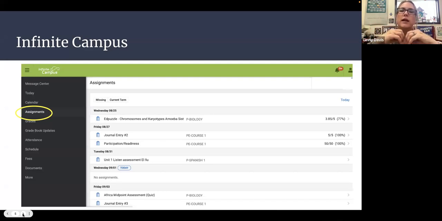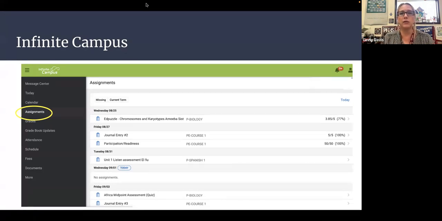According to the teacher contract, teachers need to use an online grade book that parents can access. To the great frustration of many parents, it does not say which grade book they can use. So they can either use Infinite Campus or they can use Canvas. Canvas was new to us last year.